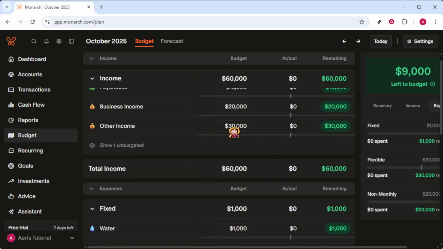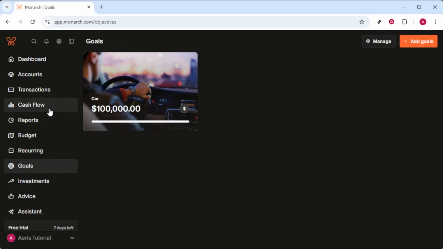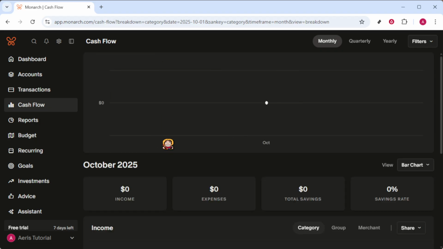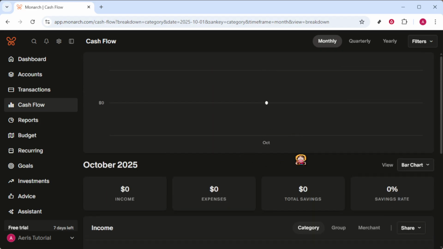Finally, make use of the Reports and Charts section. Here, you can analyze your financial trends over time. It's a fantastic way to visualize monthly expenses, delve into category-wise spending, and assess your savings progress. This data-rich component of Monarch Money helps keep you aware of your financial standing, allowing you to make informed decisions promptly. By following these steps, you'll be well on your way to becoming more organized and effective in managing your finances using